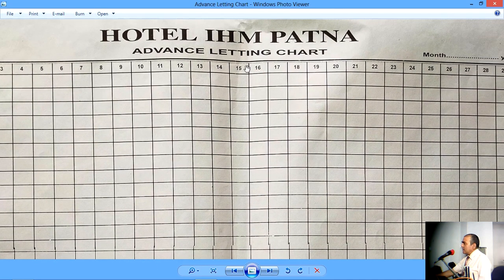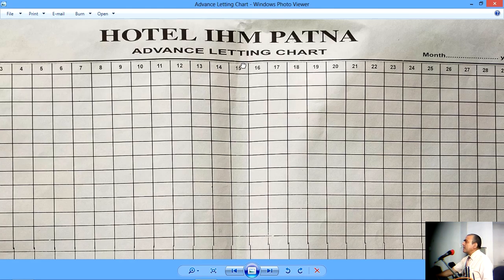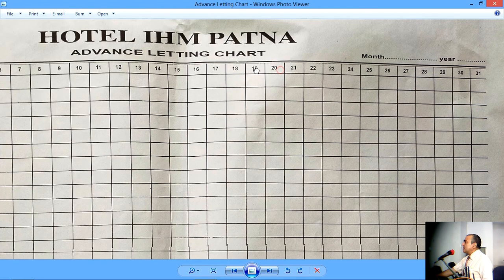Letting chart, I think you have seen that "to let" sign outside vacant houses. So "to let" is like the owner indicating to the passers-by that this house is vacant and the owner wishes to put it on rent. So letting is like allowing somebody a reservation in the hotel, and let us look at this area here.